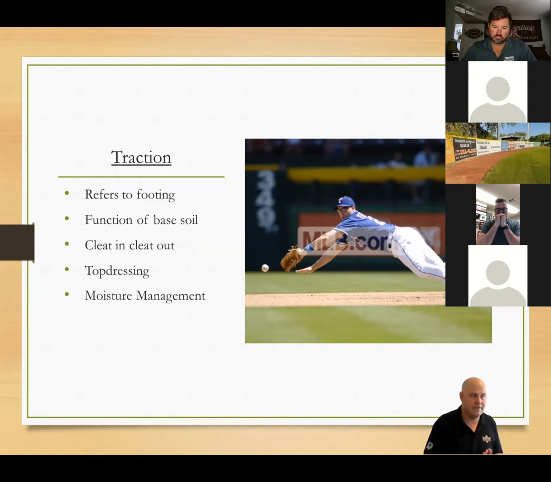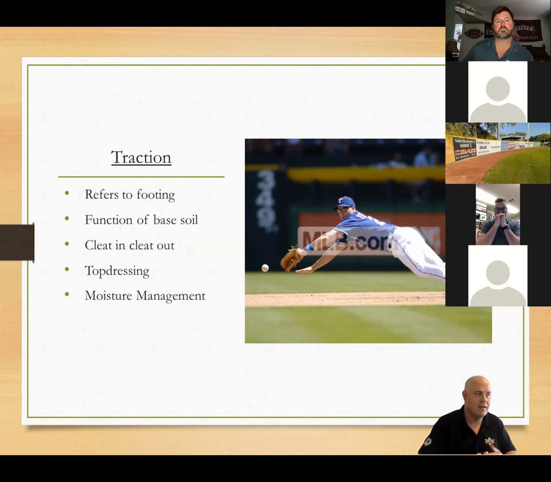If your infield has too much clay, then it's going to be really sticky when it's wet. If it has too much silt, then it's going to be really greasy and slimy on the surface. So those are all the things that you take a look at and you try to build definitions so that when you're taking this data, you can replicate it and have real conversations.